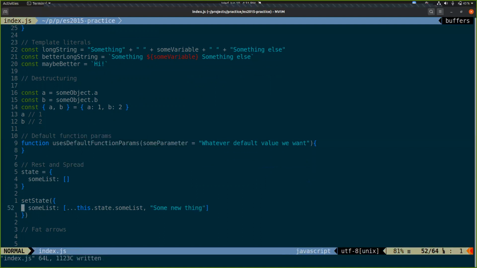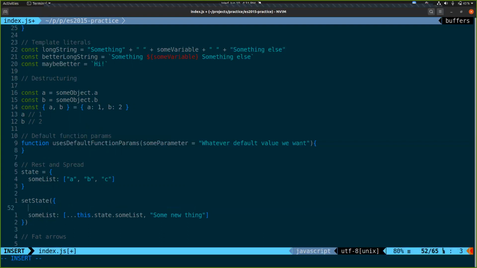The value of that is it allows us to take whatever is already in there, and it's almost like we typed out what. So if I had A, B, and C in here, spreading that is almost exactly like we just took that array and got rid of the square brackets.